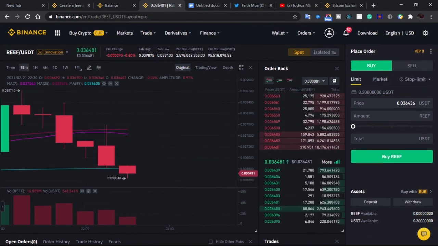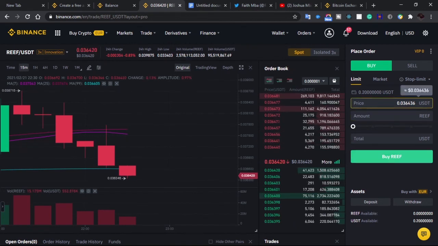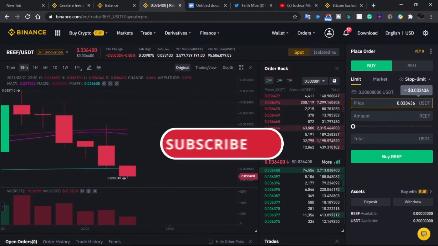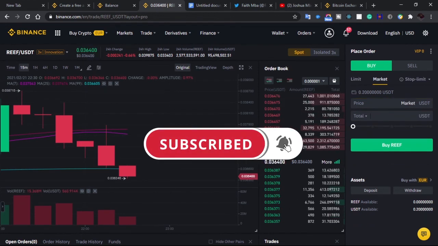So the limit order, which is the basic way, is where you want to buy within the range of the current price. So I can buy at 363 something, within the range, to ensure your trade triggers. But if you are buying a little bit outside the range, you have to use the stop limit to do that. I'll be explaining the stop limit in a subsequent video. Then the market order is if you want to buy at the market value.